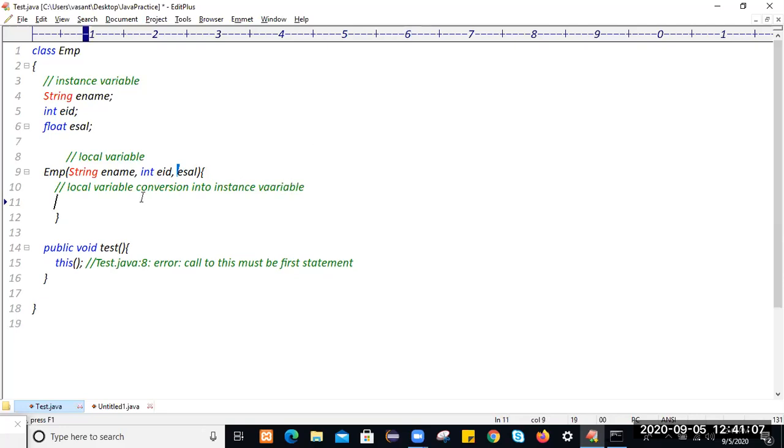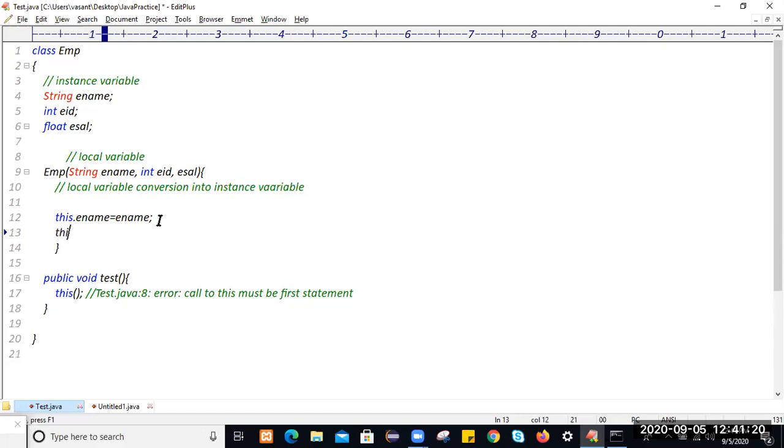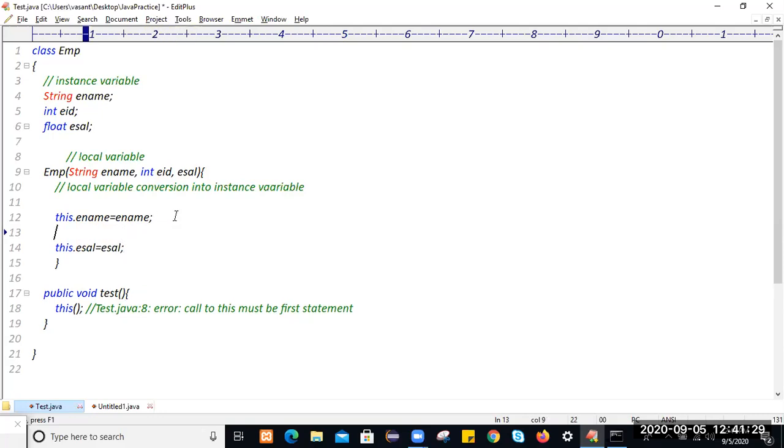To convert, we will use this.employeeName = employeeName, initializing with the employee name you are getting. Similarly, use this.employeeSal = employeeSal, and this.employeeID = employeeID.